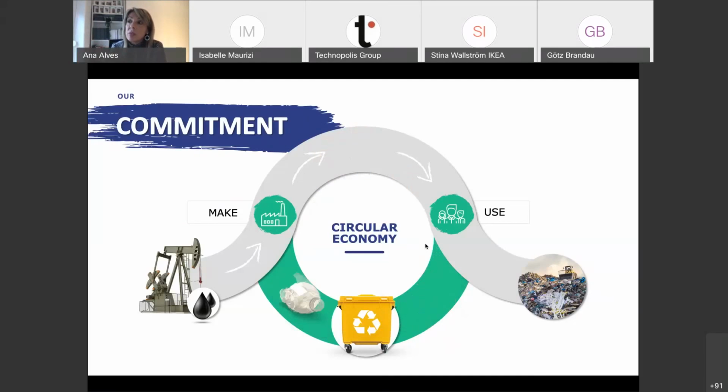And so we assume this commitment, ensuring that by 2025, all packaging from our brands will be recyclable, reusable, or compostable. Through innovation and a truly efficient eco-design process, we believe that we can seek better solutions for our packaging, minimize our footprint and promote a more circular ecosystem for plastics. It's very important to have the awareness and the involvement of all the stakeholders present in this value chain, from the raw material producers to the final consumer.